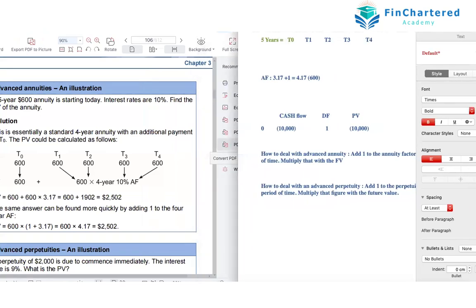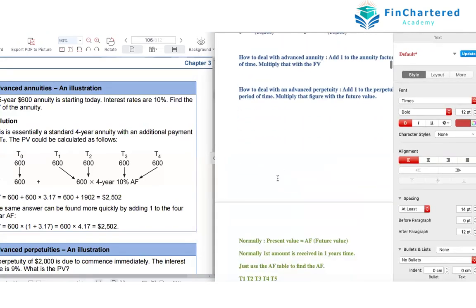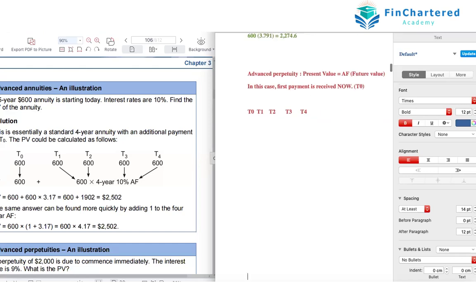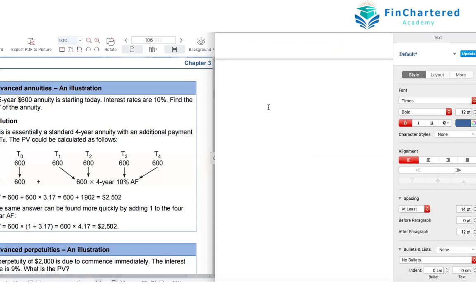And yes, as all of you are anticipating, delayed perpetuity is where you get your salary late. For perpetuity, do we do the same calculation? No, definitely not. This is a little more interesting. Advanced annuity and perpetuity was a little boring, but delayed annuity and perpetuity is a little more interesting.